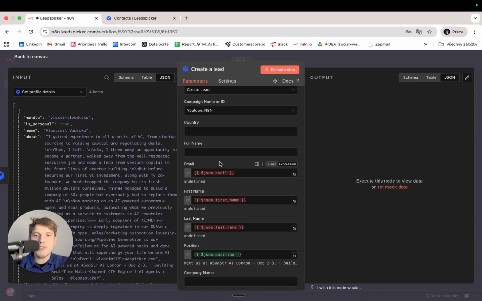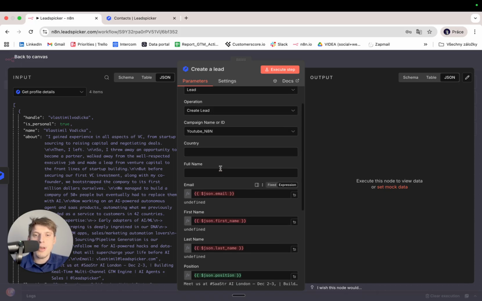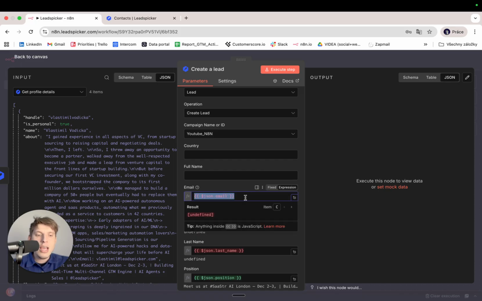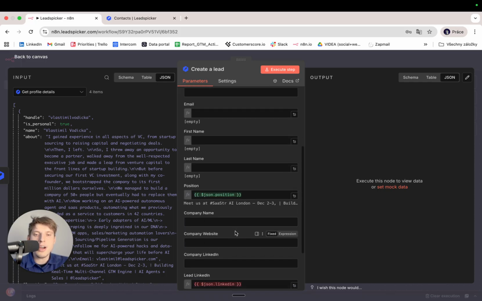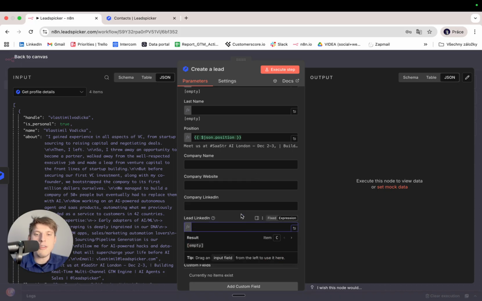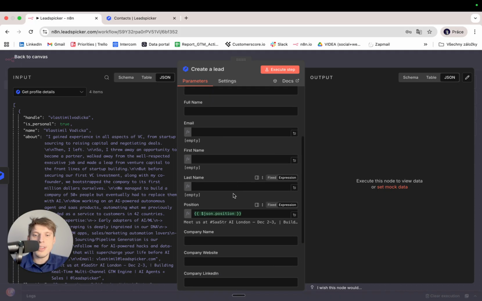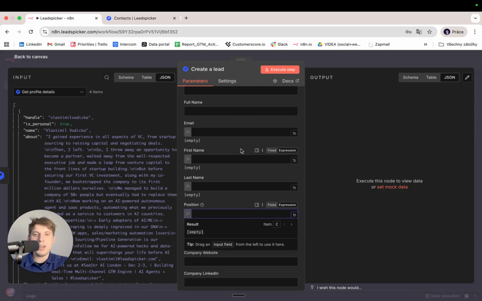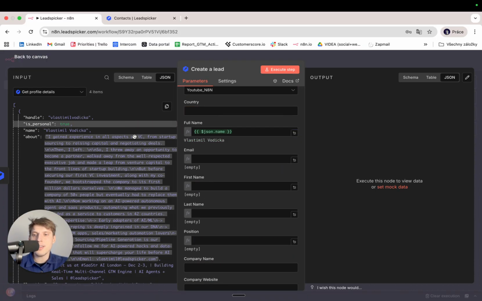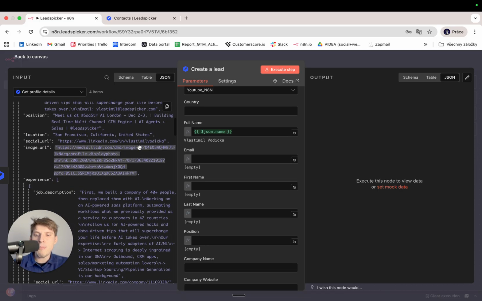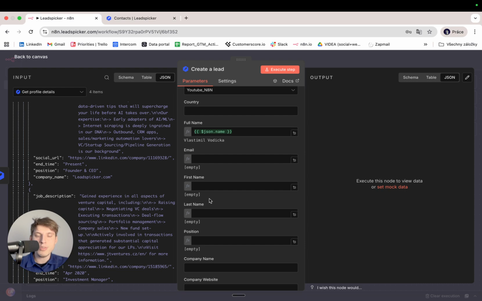I just need to remap basically the fields. So I will delete what I mapped in the previous node. Here I delete almost everything, and at this moment I just need to map the name. So here I map a name, and with the name I will also map the position,